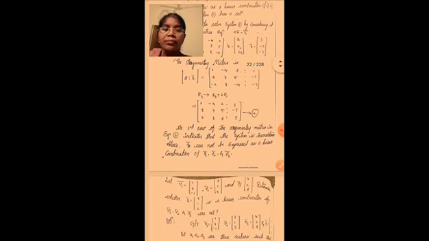So first row is the same: 1 minus 4 2 3, and second row is the same: 0 3 5 minus 7, and third row is minus 2 plus 2 into 1, that is 0, and 8 plus 2 into minus 4, that is 8 minus 8, 0, and minus 4 plus 2 into 2, that is minus 4 plus 4, 0, and next minus 3 plus 6, that is plus 3. So this is equation number 2.